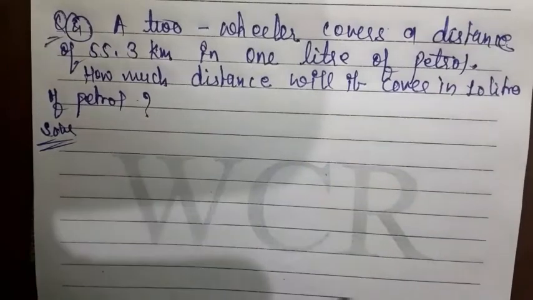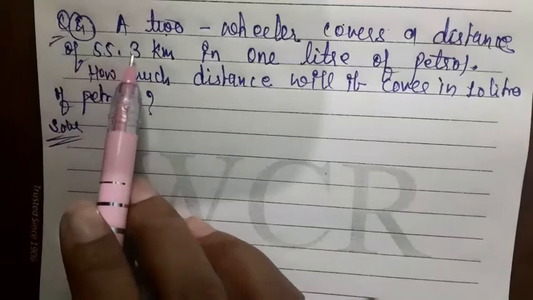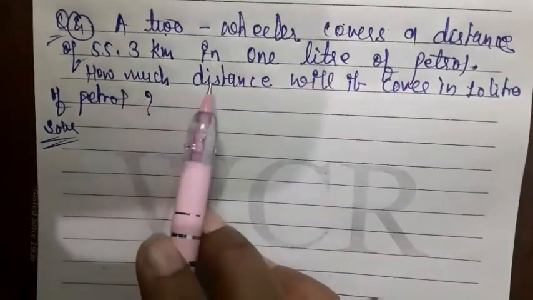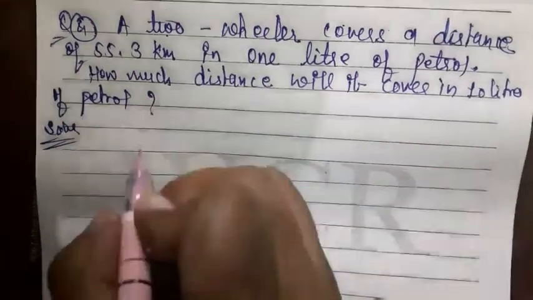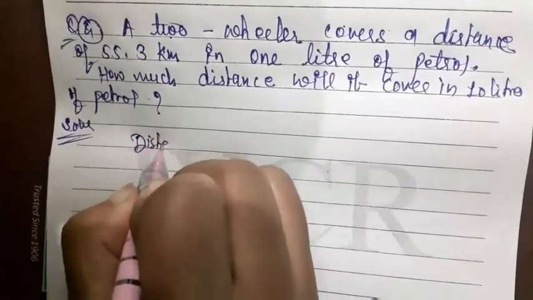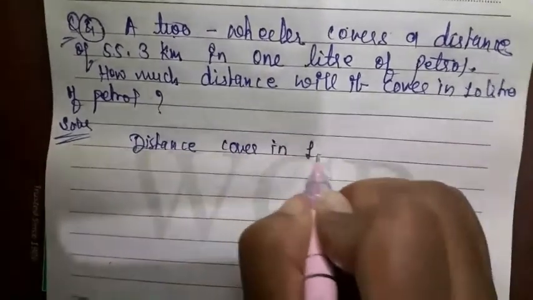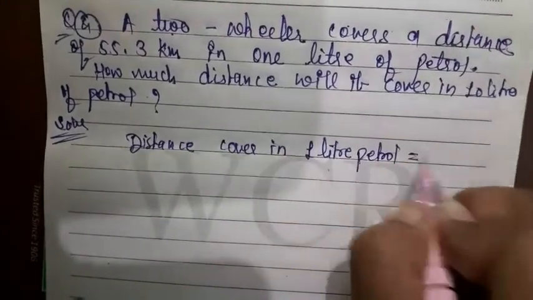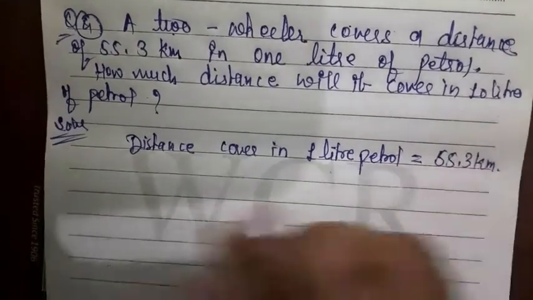Now question number 4 is, a two-wheeler covers a distance of 55.3 km in 1 liter of petrol, and how much distance will it cover in 10 liters of petrol? So here distance covered in 1 liter of petrol is equal to 55.3 kilometer. Therefore